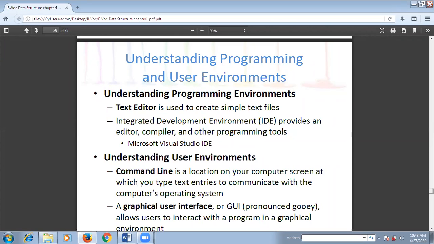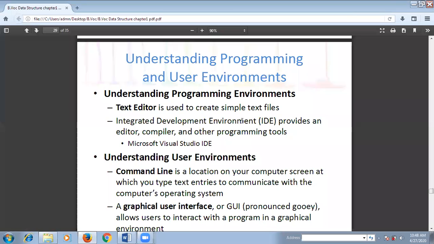For example, in programming environment, programmer uses a text editor to write code. Also, programmer uses an IDE. IDE means Integrated Development Environment. What is this Integrated Development Environment?